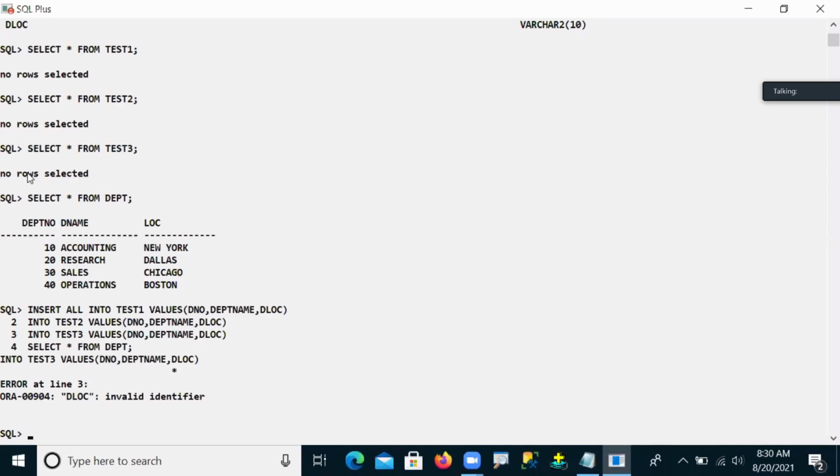D location we change. Invalid identifier.